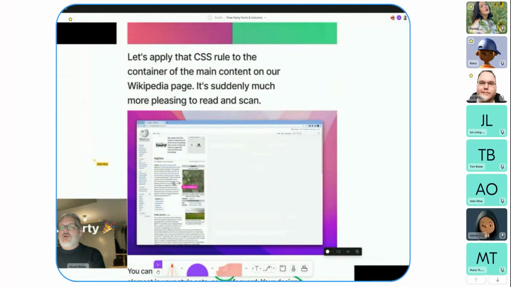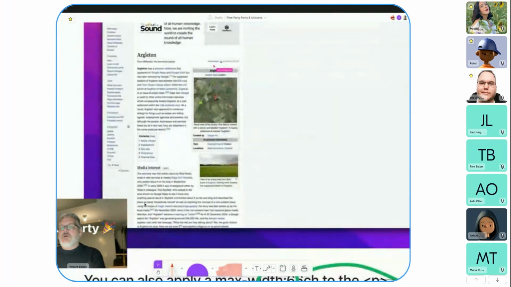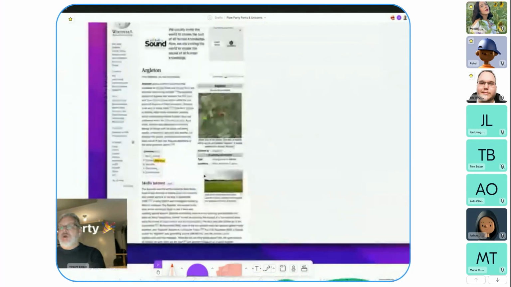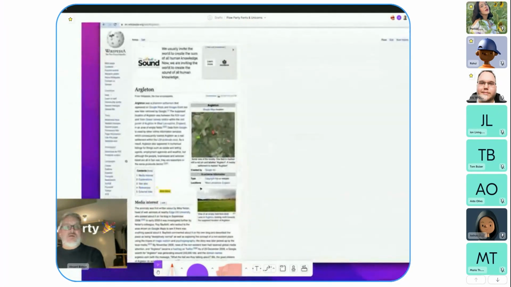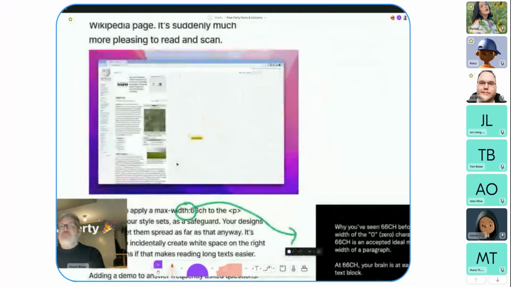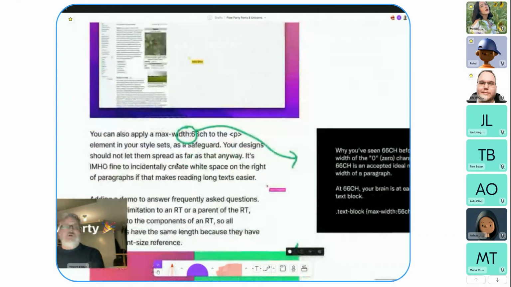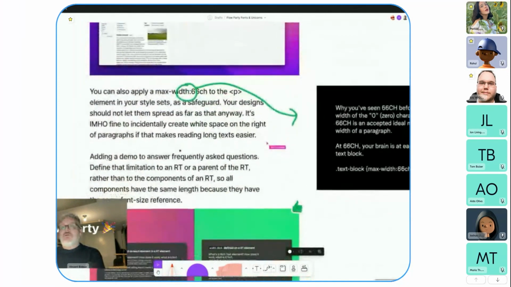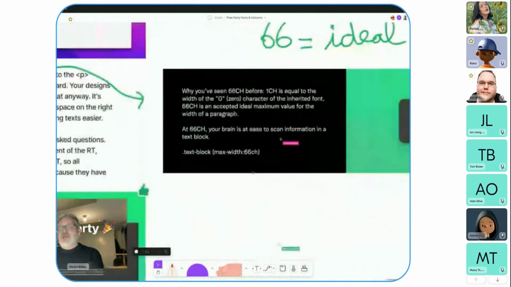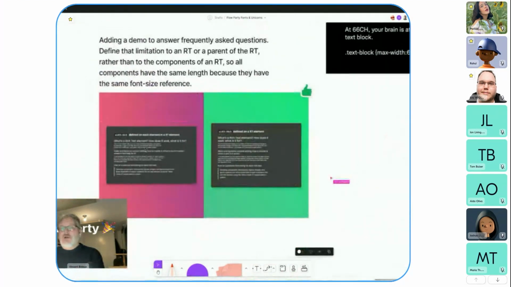you're reducing the container and the length of each line of text to something that is 66 times the size of the 0 in the base font, which is an acknowledged ideal length for a line, so that your brain can ideally scan the text, and you are very much at ease. Like an example of when it's not set and when it's set, and it has to be set on the container, because you don't want